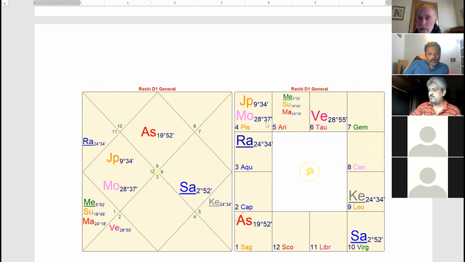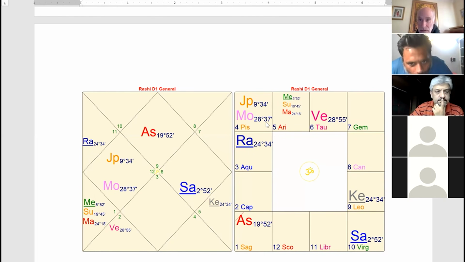Jupiter is in the 3rd Navamsha of a water sign, so it's in Pushkar Navamsha, right? And any other planet in Pushkar Navamsha? Rahu. Rahu is also in Pushkar Navamsha, and I want to focus in on Rahu. This person is very well known to me. They have just recently come out of their 18-year Rahu period.